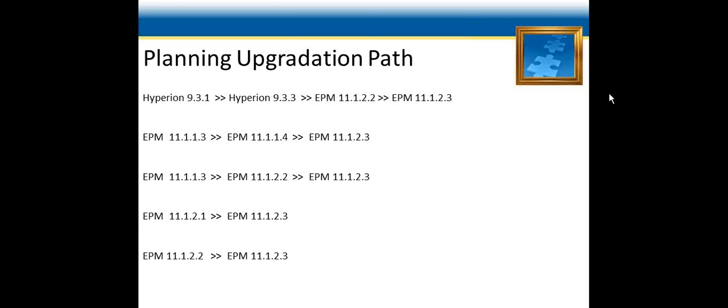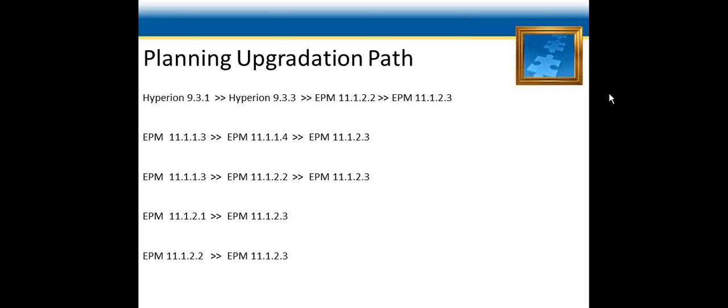Then you can upgrade your system to EPM 122 and then you can upgrade your system to 123 by applying maintenance release. If you have EPM 113, then you must apply the maintenance release of EPM 114 and then you